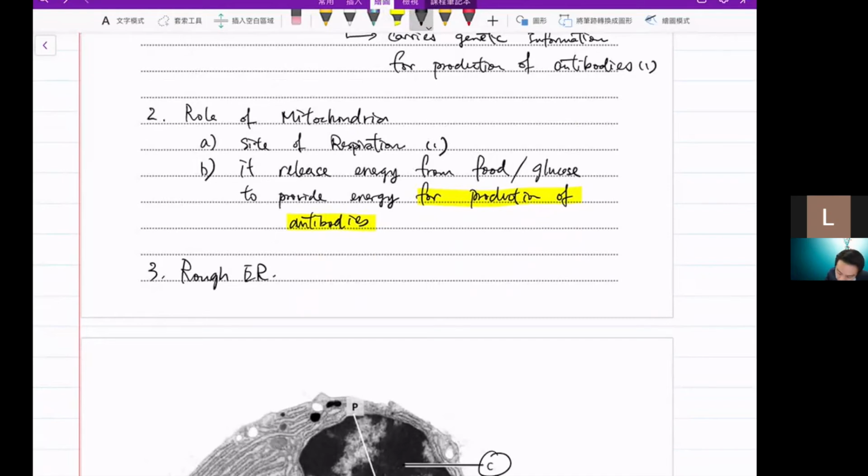Okay, so for rough ER, sorry, which is A. First, you need to tell me rough ER or structure A contains ribosome,